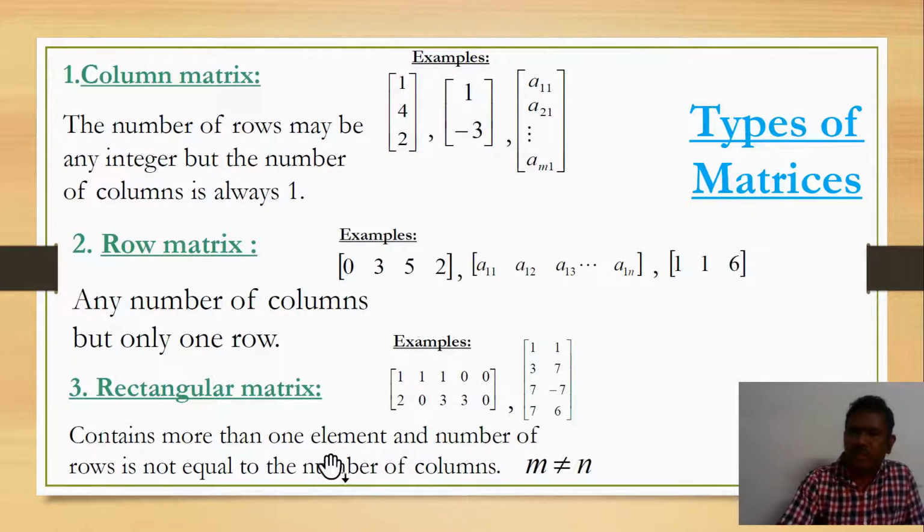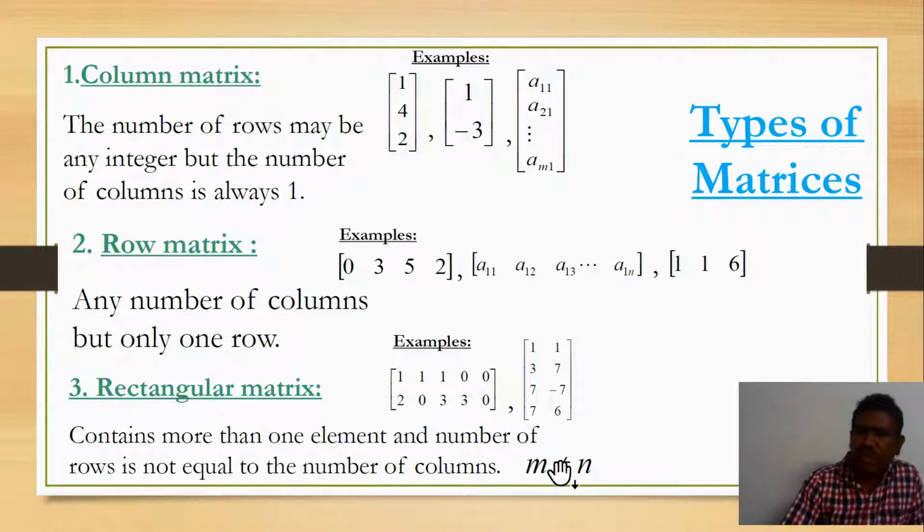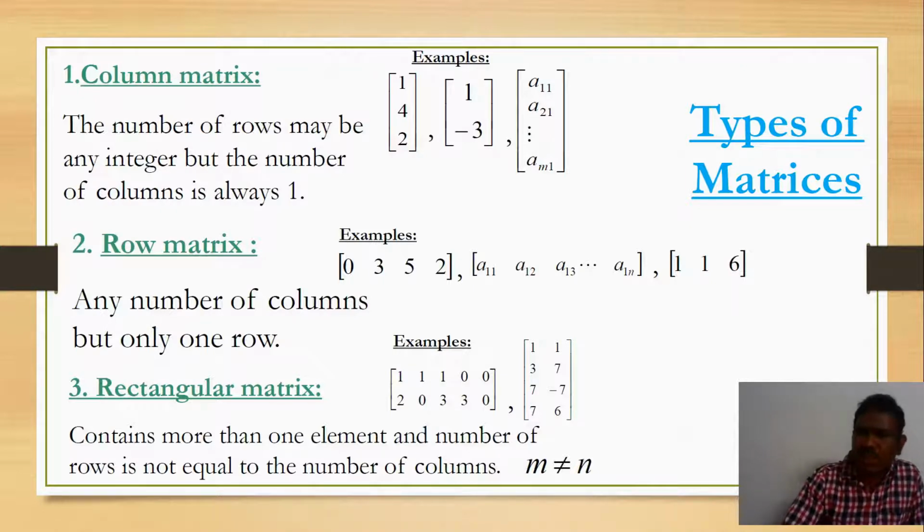So clearly you need to understand in one term: when the number of rows is not equal to the number of columns, it is said to be a rectangular matrix. The matrix consisting of rows and columns but they are not equal is known as a